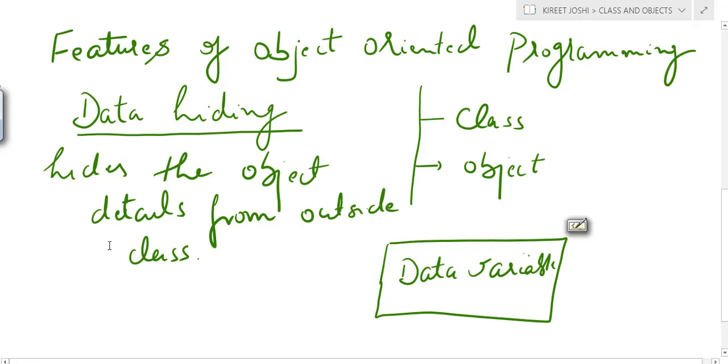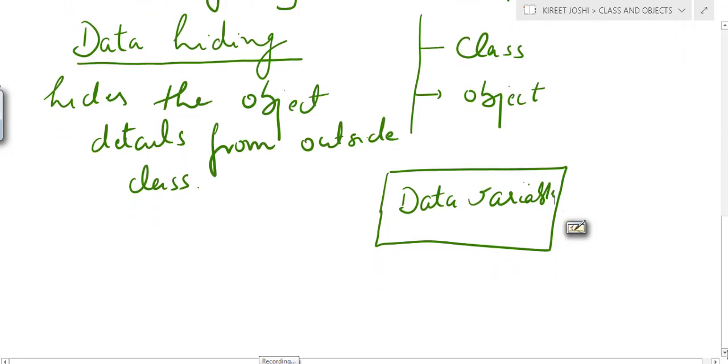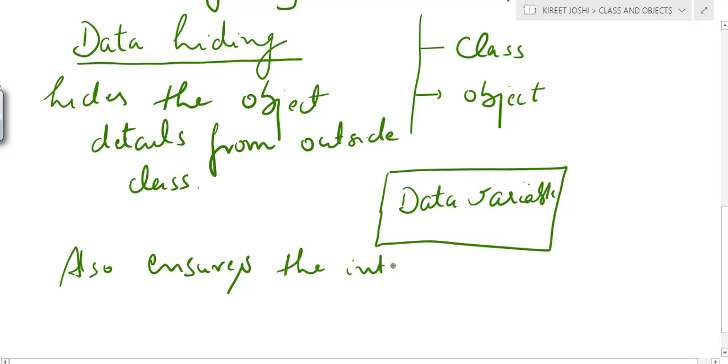This data hiding also ensures the integrity of the data. So what do we mean by the term integrity of the data?